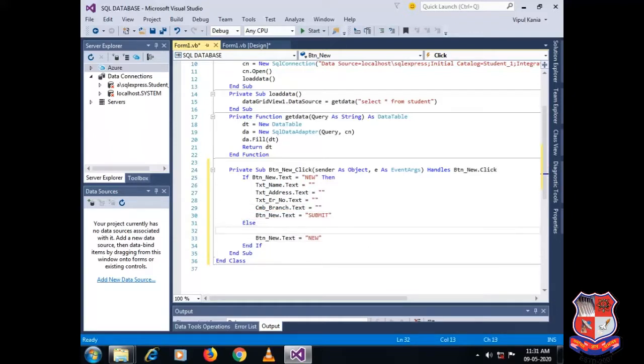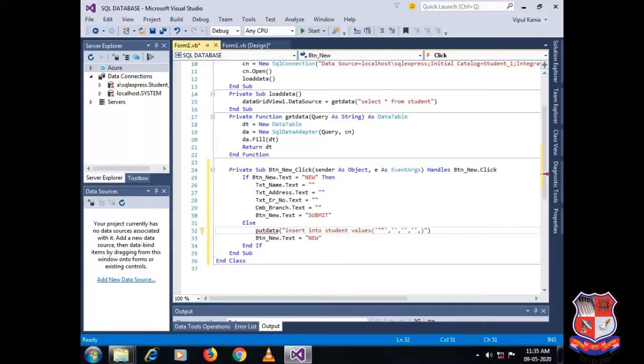Right? In the else part, I will call a method called PutData. It is again a user-defined method to perform insert, update and delete. Insert into student values, now we'll put the data from the text boxes into these attributes.